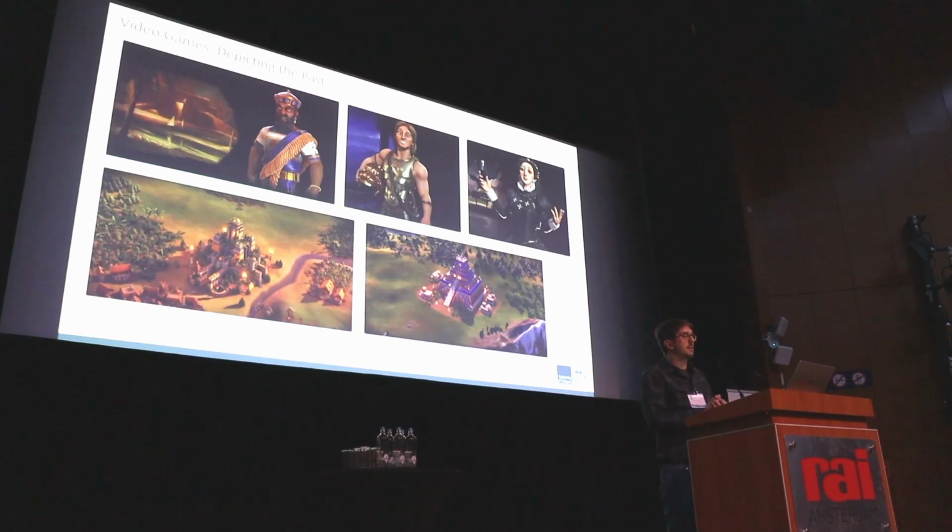Shannon Martino has done a very nice analysis of the depiction of the rulers in Civilization 6, for example, and how biased these depictions are. I myself have analyzed the reconstructions in Civilization 6 and where they draw their inspiration from. So there's a lot of research already going on, and we don't only have bad examples of video games depicting the past, we also have good examples, like the Discovery Tour of Assassin's Creed, or a mobile game called Ancestors, the Story of Atapuerca. Maybe some of you don't know it already, it's a very good game about prehistory.